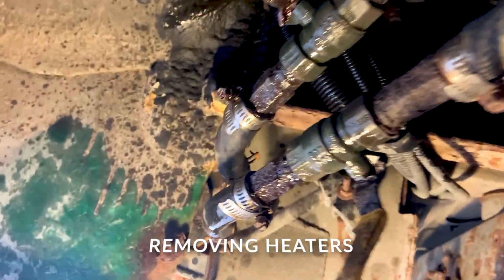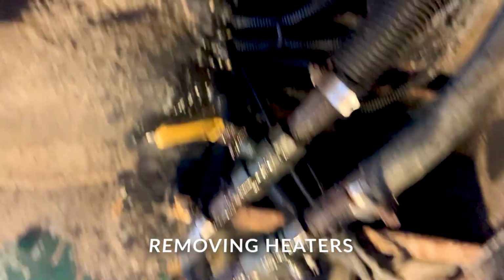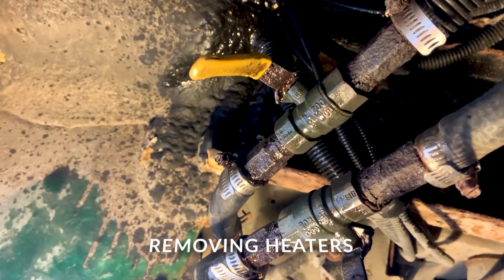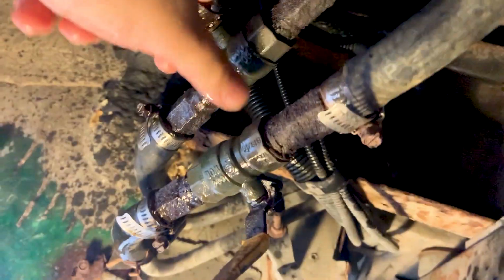Closing up the coolant valves for the heater. So I just got them closed. I had to use some brake release to actually close the line. So this is the air conditioner unit under here, and the hoses go all the way back to heaters in the back. So it's pretty rough, but I was able to get them closed, so now I can drain them